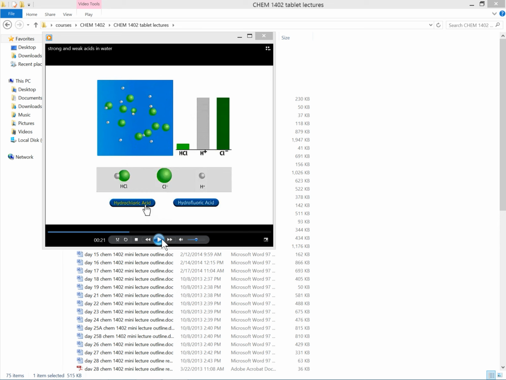And in water, does it fall apart or do they stay together? In fact, are there any HCl molecules left? No. So you would call this full deprotonation, or it 100% dissociates from HCl into H+ and